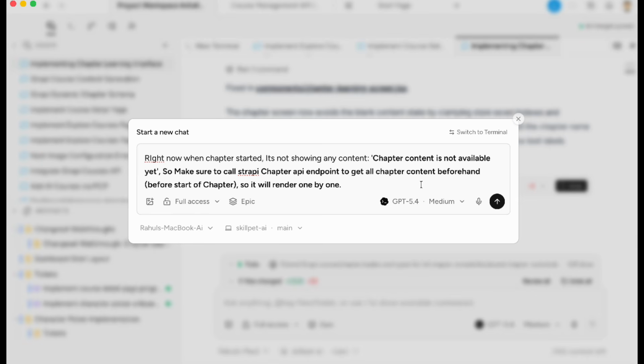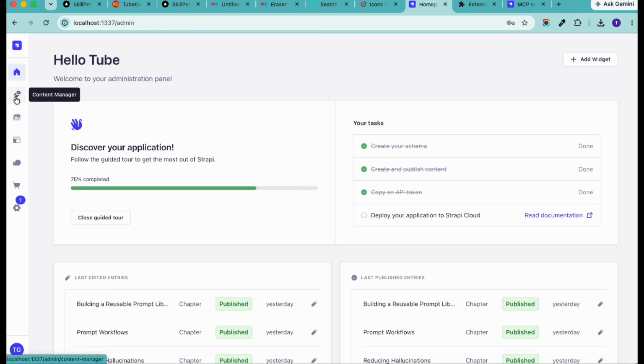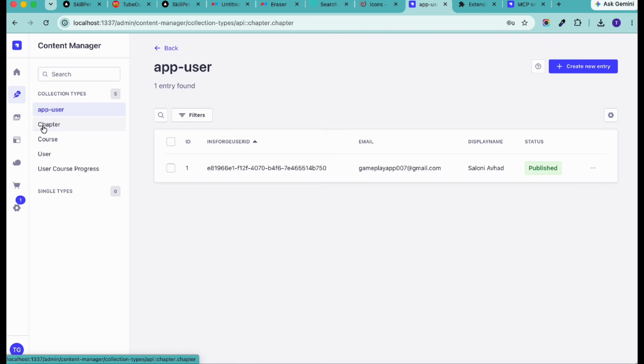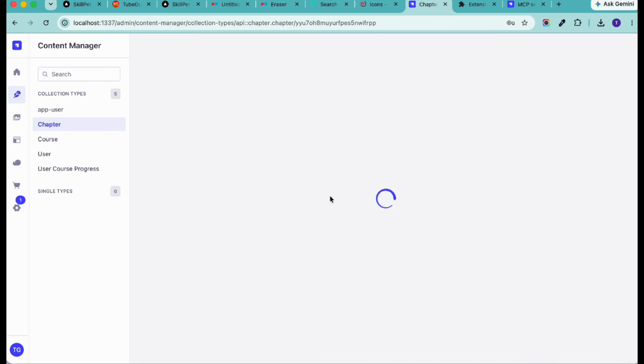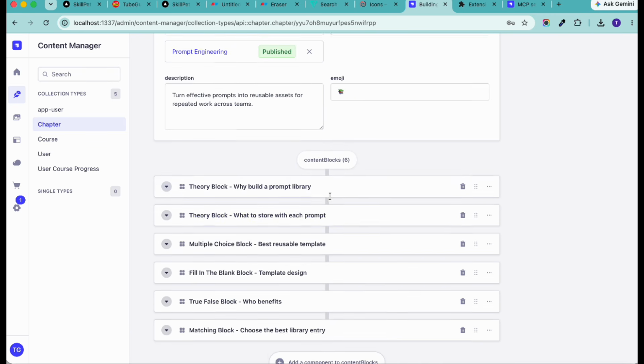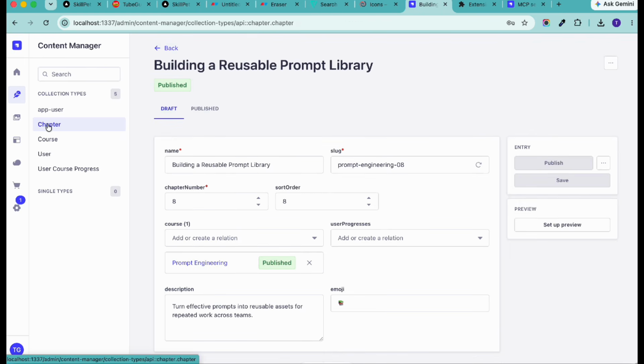So maybe what happened is the Strapi MCP might not have an idea of the structure of our content, right? So basically, as you know, inside any chapter, if you go to any chapter, then inside that we have the list of components, right? Right now make sure we only have